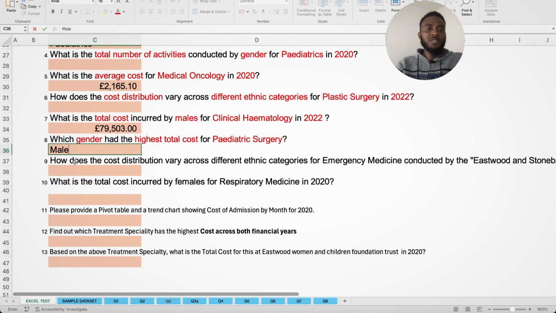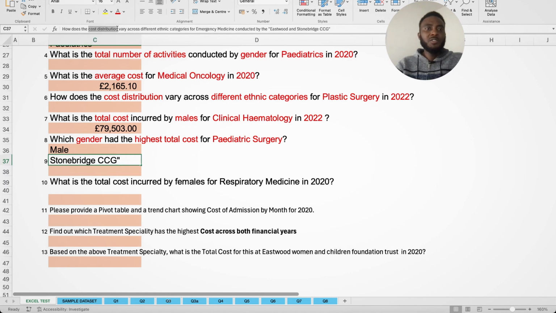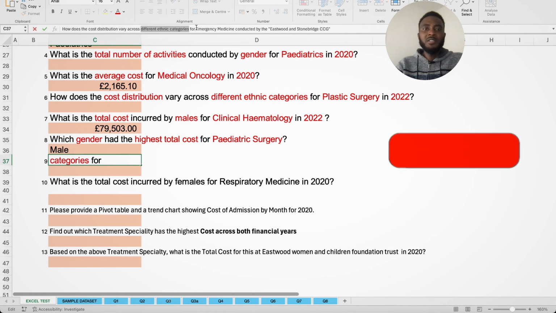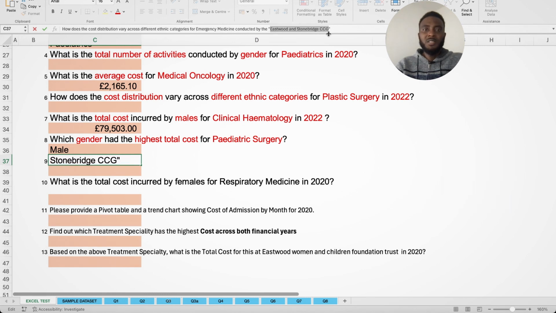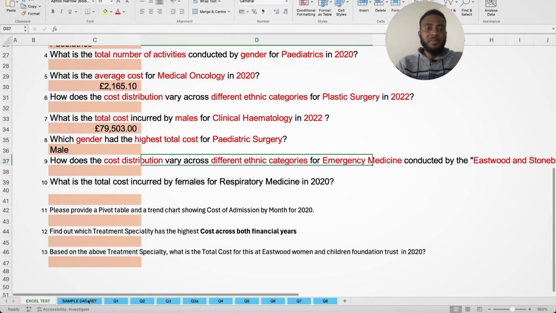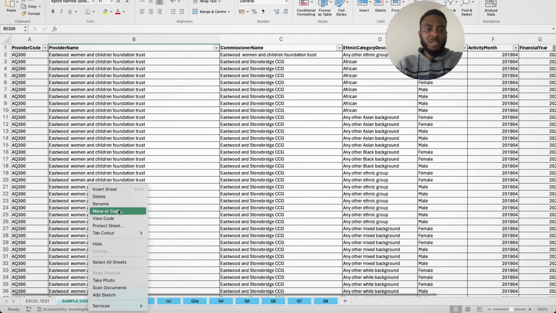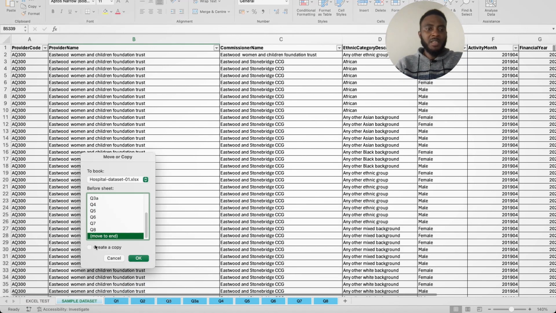Then how does the cost distribution vary? We're looking at cost distribution again. Cost distribution varies across different ethnic categories for emergency medicine, conducted by the Eastwood and Stonebridge. That's longer, so it's more than some of the ones we did in the past. So let's create that. Just like before, let's just make a copy, take it to the end, create a copy,